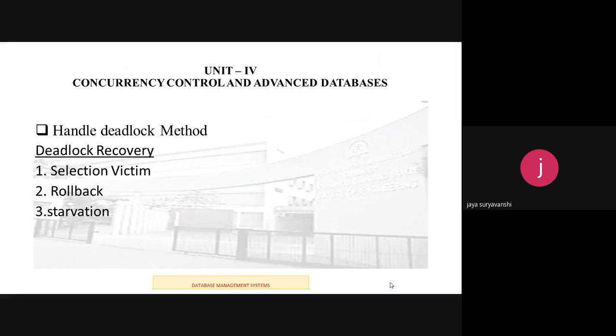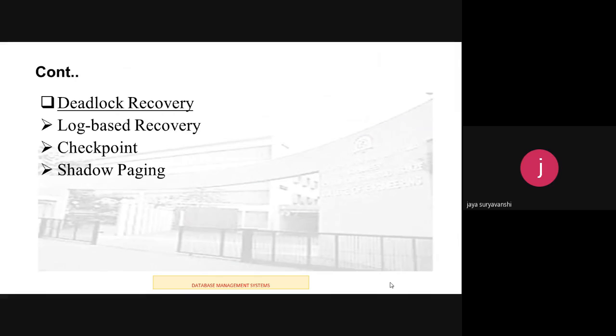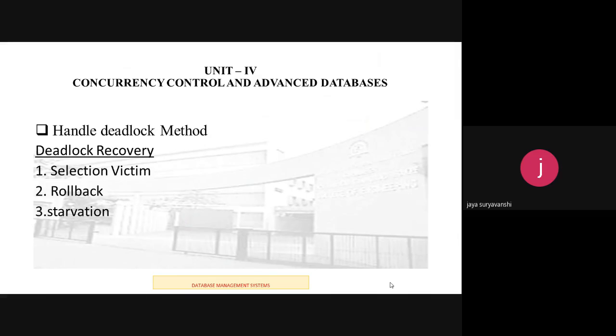First, we will take the selection of the victim. The first stage is to decide which transaction should be rolled back to recover the system. It is necessary to roll back the transaction which has minimum cost, and the minimum cost depends upon various factors, like the data items used by the transaction, the time duration for the transaction to complete its assigned task, and the number of total transactions that need to be rolled back.